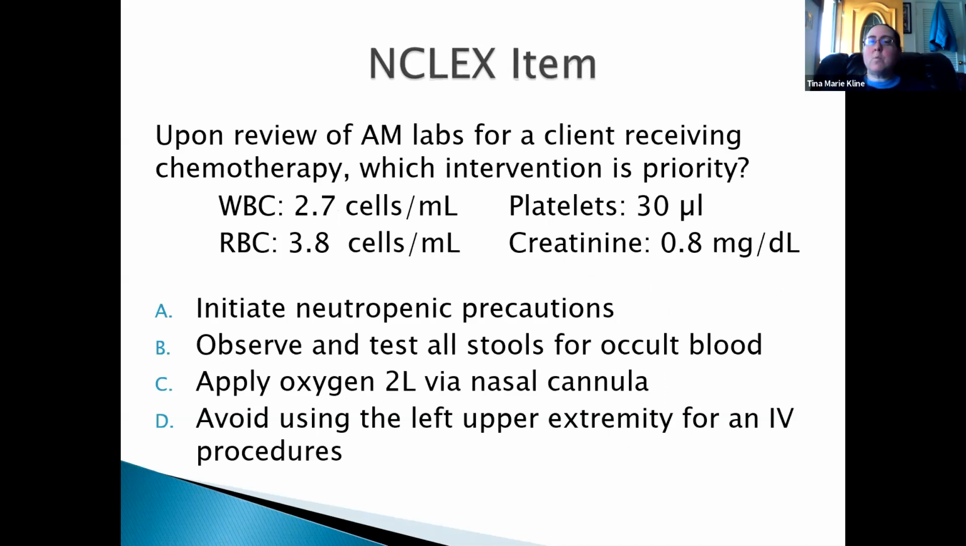If the lab values were different, if the platelets were 130 and that white count was 1.7, then A becomes the correct answer. Okay. If the platelets are higher, the white count's the same, and the red count drops significantly, then C is your priority. So I want you to understand, and the reason I point this out, this is why knowing your lab